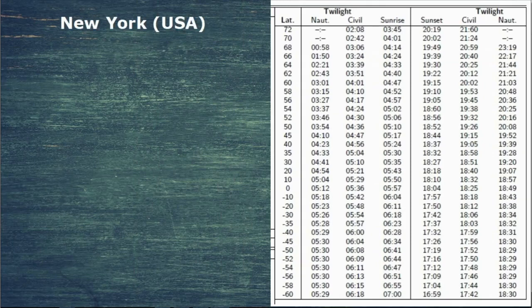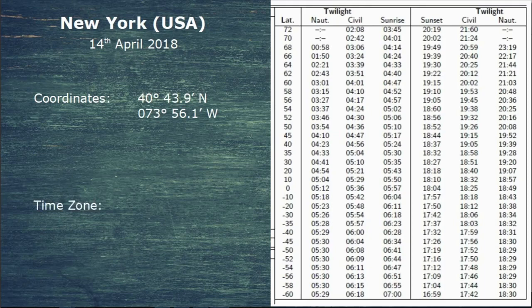Now, for our example, we're going to be looking at New York in the USA on the 14th of April 2018. We already know that the 14th falls within the date range on these pages, so it's this table that we're going to use. Firstly, we need to know the location of New York, and I know the coordinates are 40 degrees 43.9 north and 073 degrees 56.1 minutes west, and then we're also going to want the time zone,